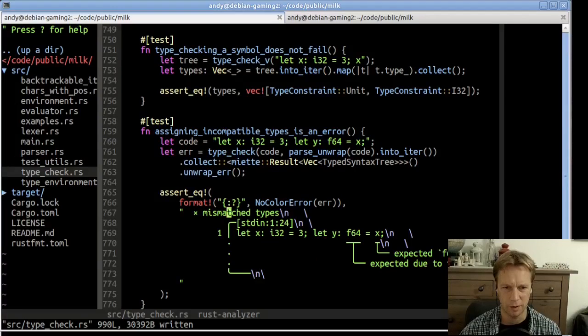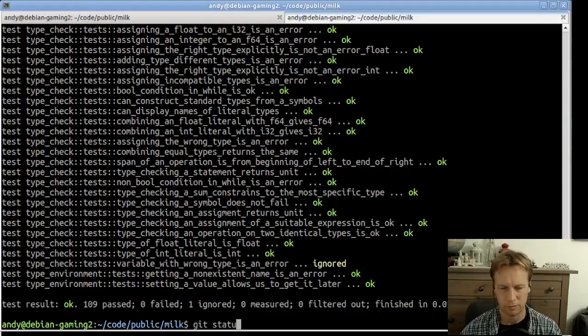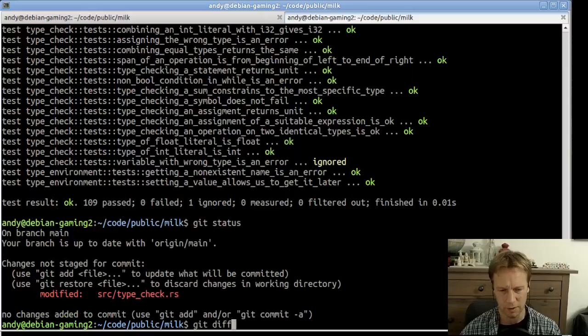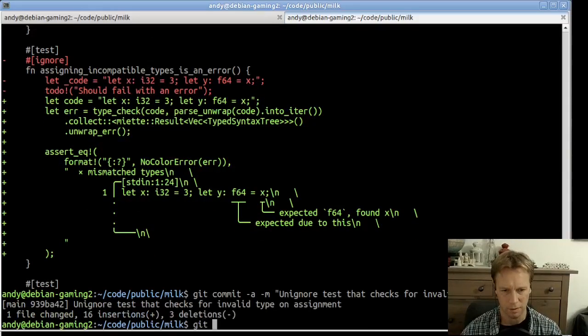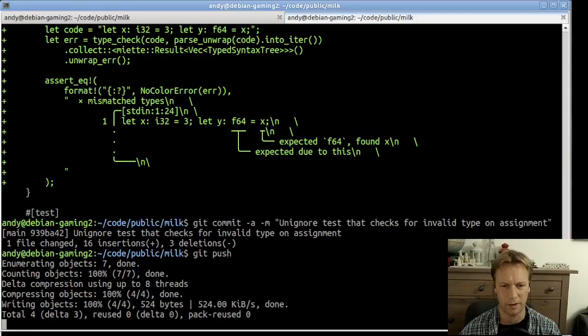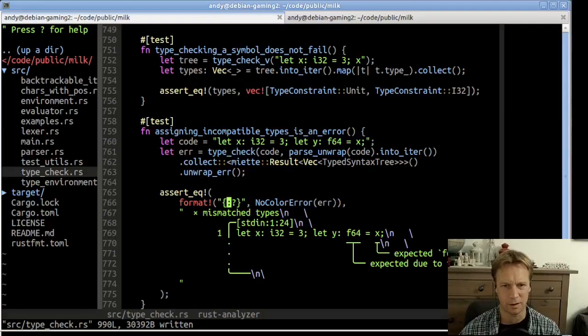So basically, there was no need to ignore that test at all, because we've now done it, which is cool. Unignore test that checks for invalid type on assignment. Go as. Right, now what we're actually doing is adding another test around here,